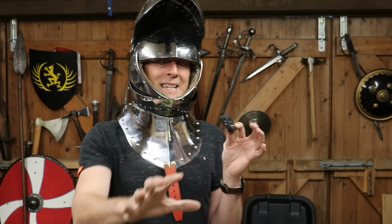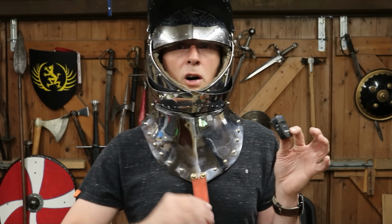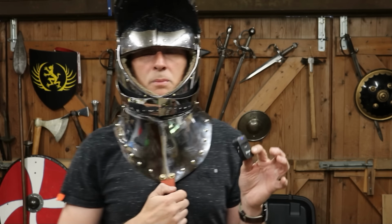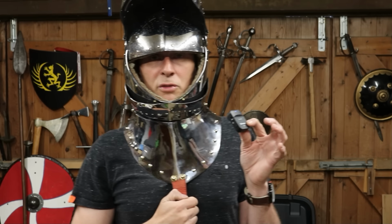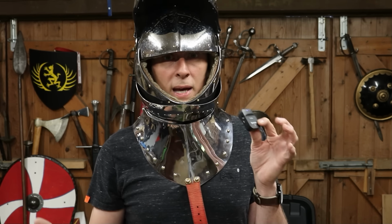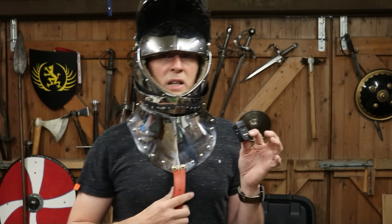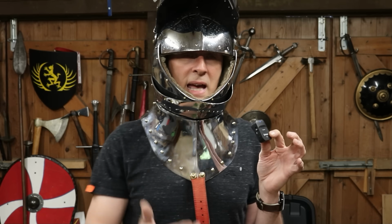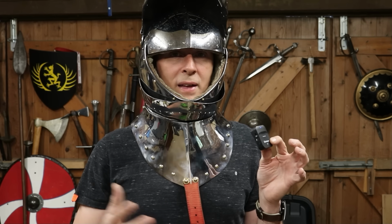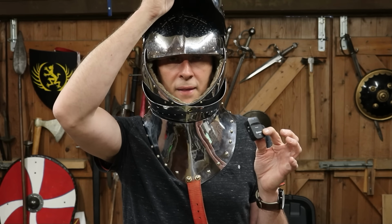Now, the disadvantages of great bassinets is they are a bit of a faff to get on and off. You'll notice I have a strap here and a strap there, and that actually straps down to my cuirass, which makes it very, very secure, but it means that you need someone else to help you get it on. You can't whip it on and off like you can with a sallet, for example. So you do need help to put it on. It's more of a faff, it's heavier, debatably it's hotter, and stuff like this. So there are disadvantages, and there's one other disadvantage which I don't see mentioned often, and that is if you